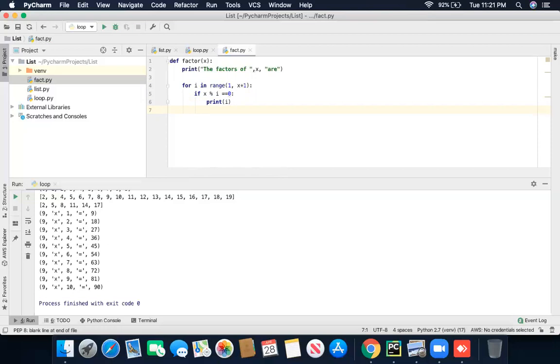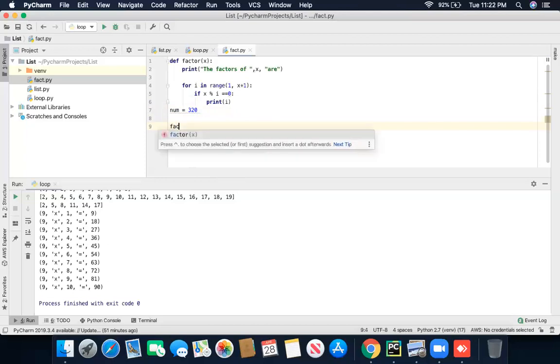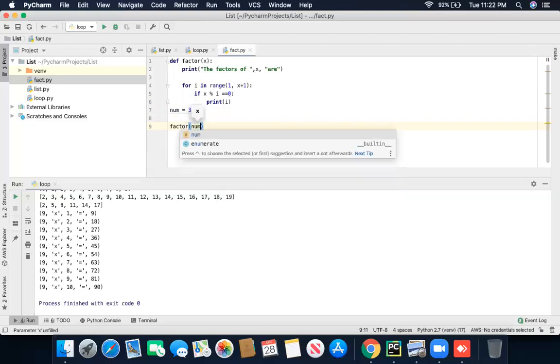Now I'm going to use num equals 320. So I'm going to print the factors of 320. Now I'm going to use the function factors. Here I'm going to use num.